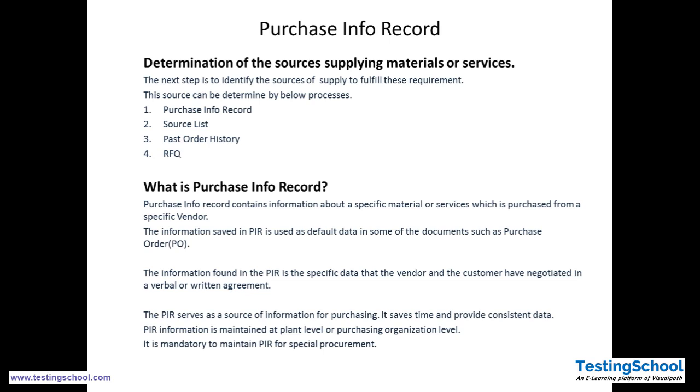Now we will see what is purchase info record. Purchase info record contains the information about a specific material or services which is purchased from a specific vendor. The information saved in PIR is used as default data in some documents such as purchase order. So we maintain a kind of table in the application where sources of supply like material